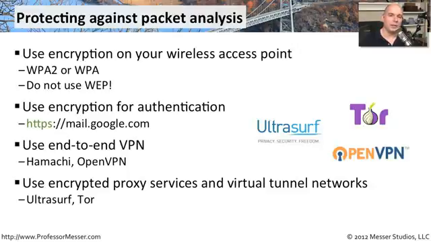Although you are encrypting the traffic over this wireless network, somewhere on the internet, somewhere that traffic is being decrypted and put onto the internet in a plain text form. And whoever is at that access location where your traffic is being decrypted can see all of that as it's going across the network.